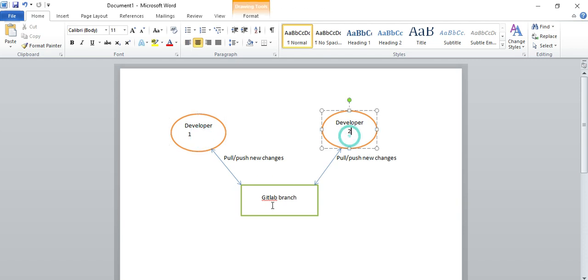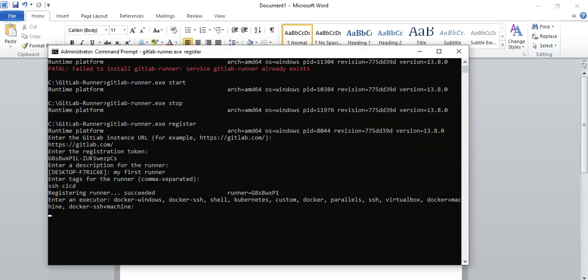Once any developer pushes the changes, you can schedule when your pipeline will run: day wise, hourly, every commit. So whenever any developer commits those changes, the pipeline will run. If there is any error, it will stop and send a notification to the developer, asking him to fix it and push it back. Okay. This is the way that you can set up the CI, set up the runner, and in the next video we'll see how to create the pipeline, and we'll run the CI pipeline with the help of this runner that we have installed.